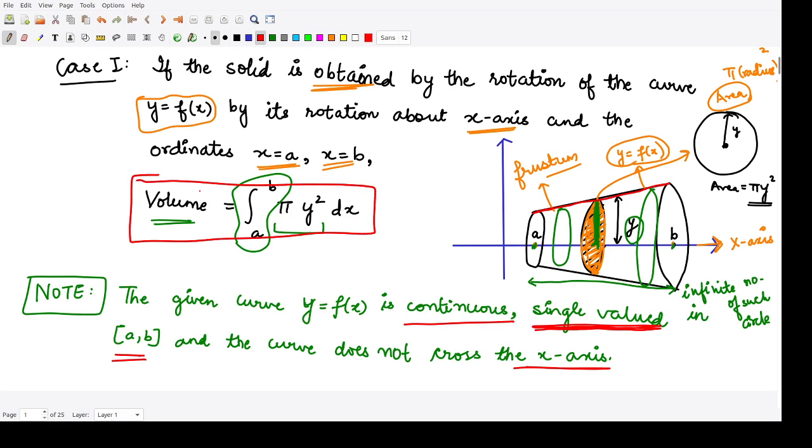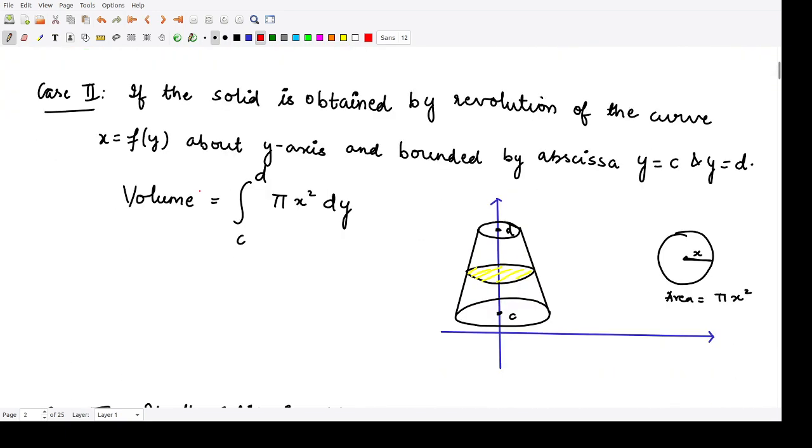In the next case, the curve is given to be x is equal to f of y, and now we will rotate it about the y-axis. When you rotate this curve about the y-axis, you will have this kind of shape, right? The equation for this particular curve is x is equal to f of y. So when you cut this shape,